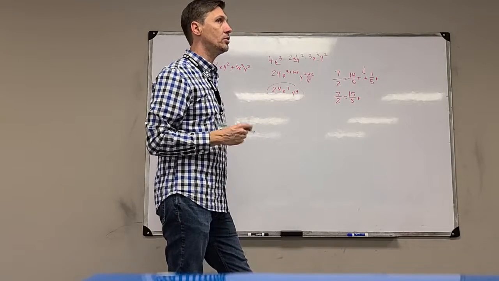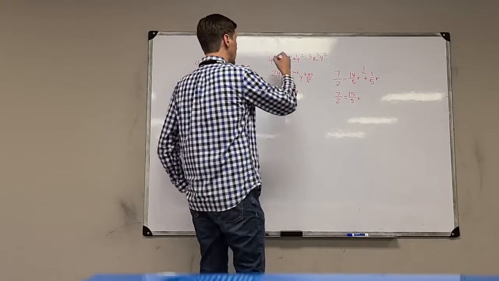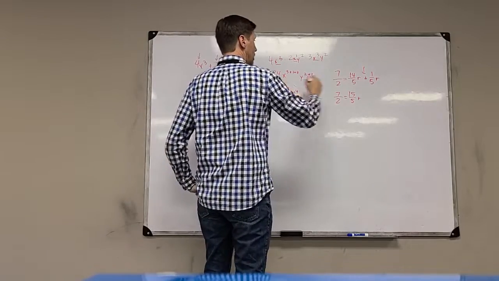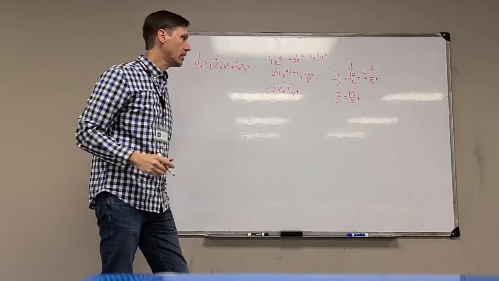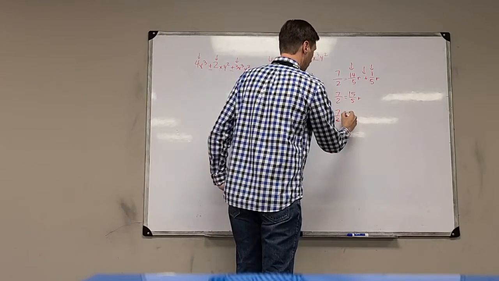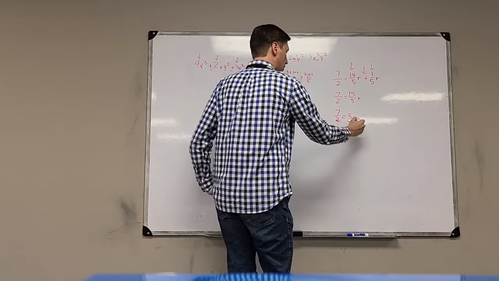When they're like terms, you add or subtract their coefficients. Remember, coefficients are the numbers that are in front of our terms. It's the 3, the 2, and the 4 right here. In this case, it's the 14 fifths and the 1 fifth. Those are the coefficients, all right? And 15 fifths, of course, can be simplified to be just 3, right? 3r. And so now I want to divide both sides by 3,